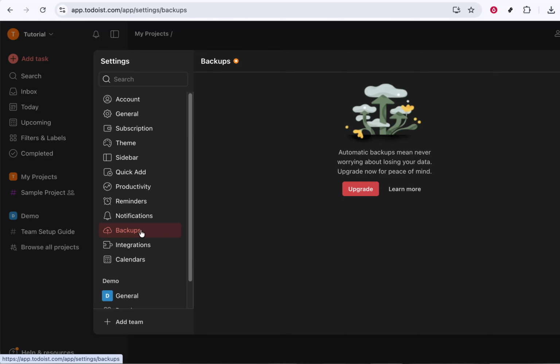To upgrade, follow the on-screen instructions to choose a paid plan that includes backups. Once your subscription is upgraded and active, return to the same settings area, click on Backup again, and you'll be able to view and download your backups. That's all there is to it. By opening your profile, going into settings, selecting backup, and upgrading your subscription if needed, you'll make sure your Todoist data is safely stored and